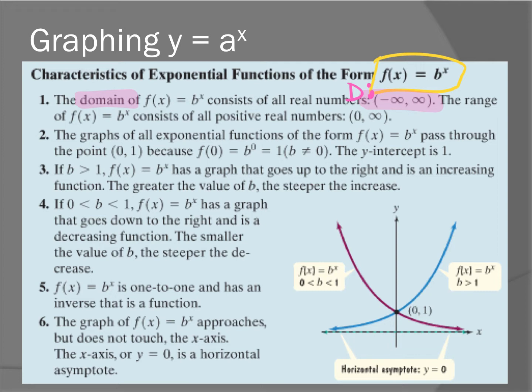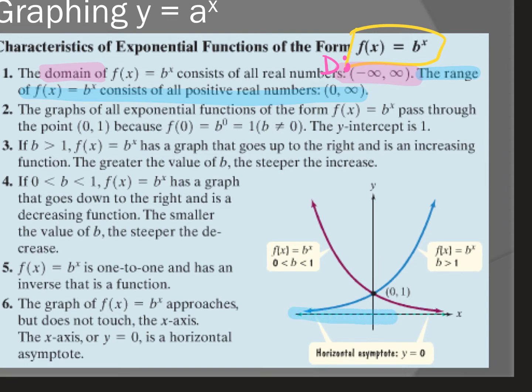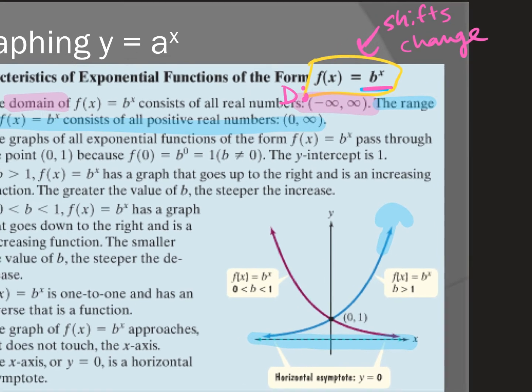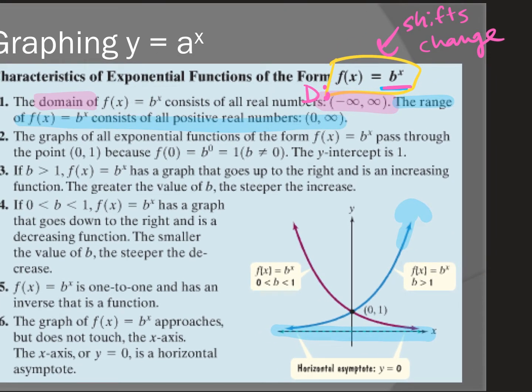Our range, so from the same bullet point, the range consists of all positive real numbers. So if we look at our graph, it never crosses the x-axis, so it's always from 0 to infinity because it goes up forever. So range is y values. Y values aren't going to be less than 0 unless we have a shift, but we're just talking about our basic exponential graph here. So when you have shifts or transformations, shifts can change this. So we're just talking about the basic, any base to the power of x. If I had a shift somewhere along the way, which we'll talk about shifts in a couple of slides, then